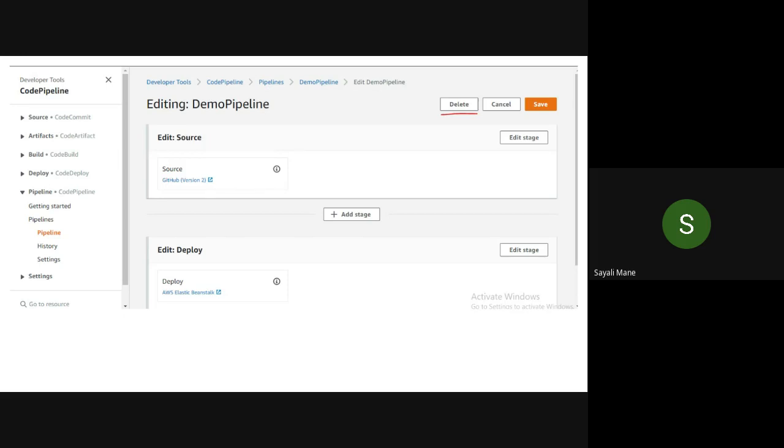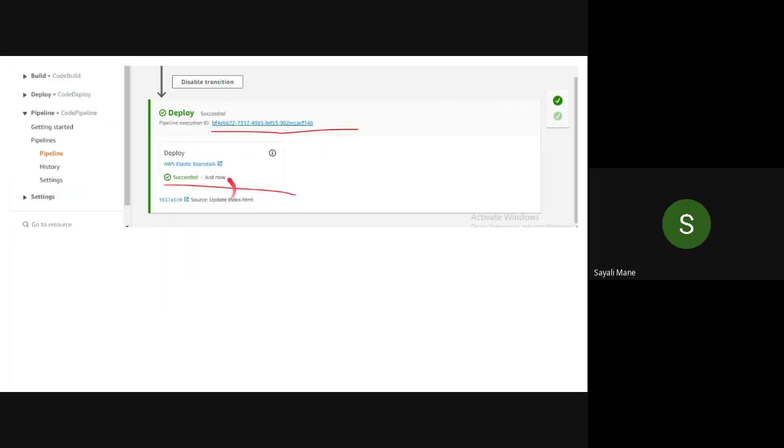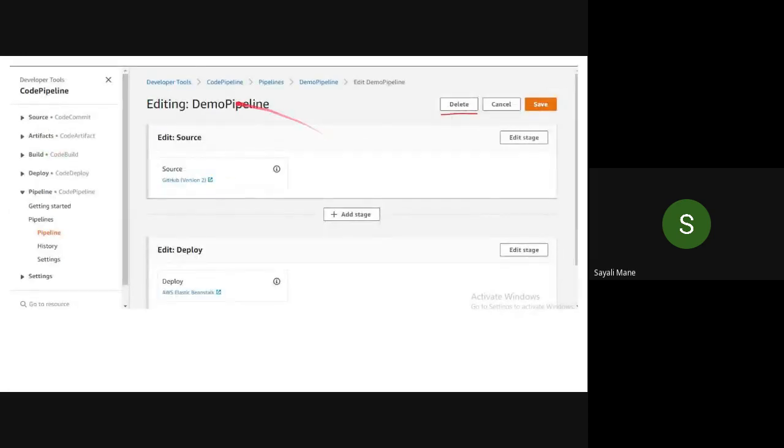Okay. So are you getting this screen? This one, demo pipeline. Yes, ma'am. Okay, now click on the delete button. This one. Then you will get this message. Ma'am, can you repeat? Okay. See here, scroll up. There is one option called edit. Click on that edit option, edit demo pipeline. You will get this screen. Now here, click on the delete button. See, remember this step. Suppose in your free time you want to create the demo pipeline again.